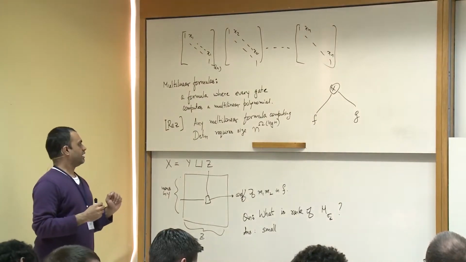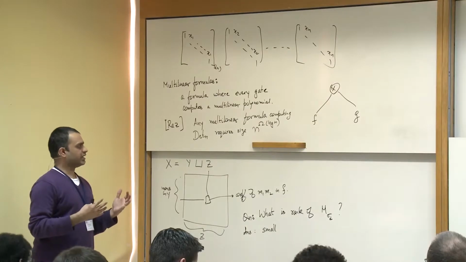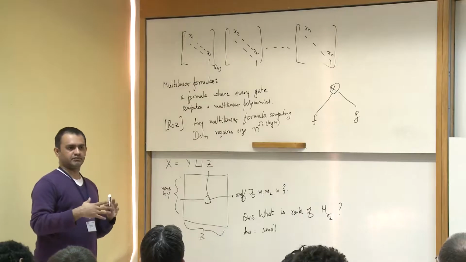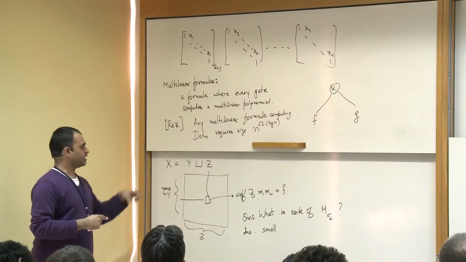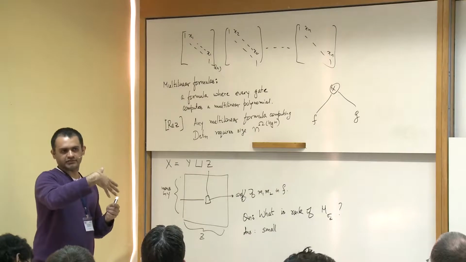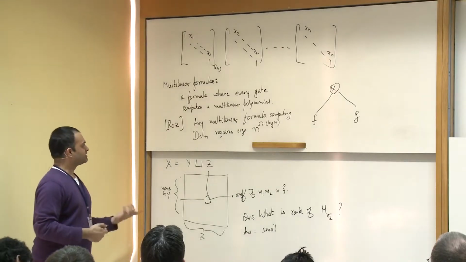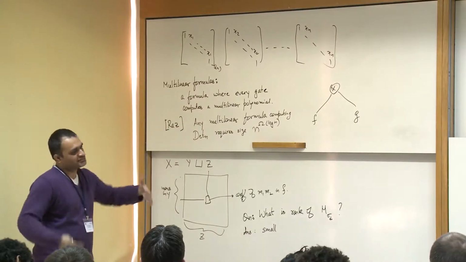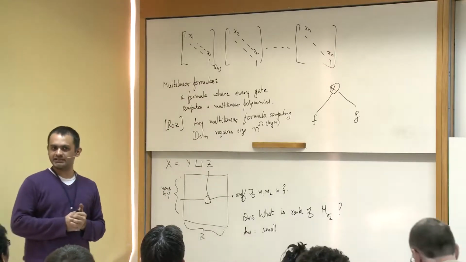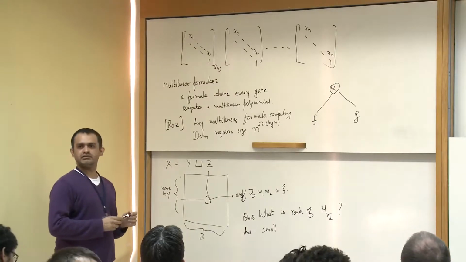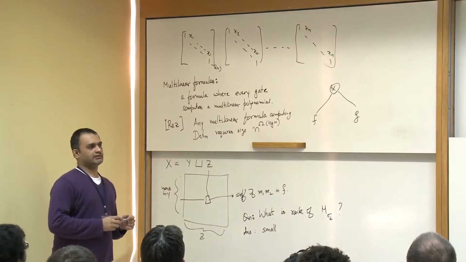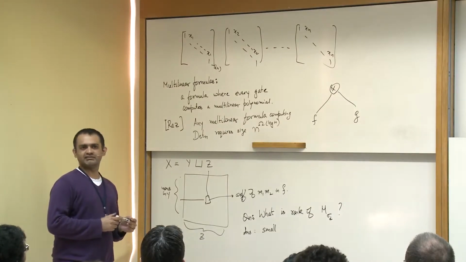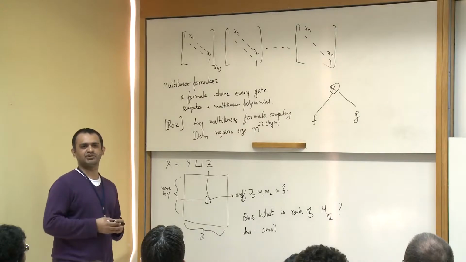Okay, and as we have seen earlier, the determinant can indeed be computed by poly-size circuits, but if you restrict your computation to be multilinear formulas, then you can't. The nice thing would have been to say that any multilinear circuit computing the determinant must be super polynomial size, but we don't know of multilinear circuit lower bounds yet. Okay, but I don't know of anything better than n factorial, basically just writing it as a sum of monomials.